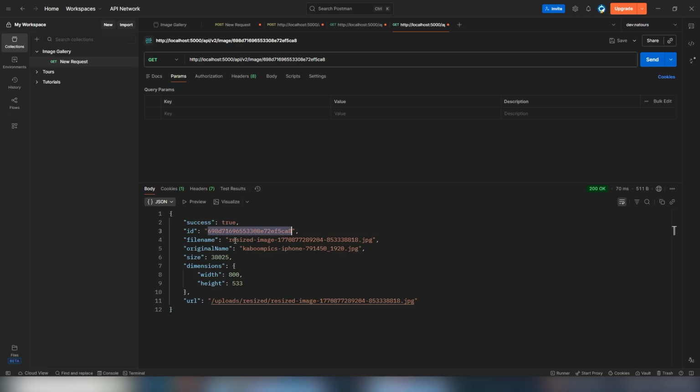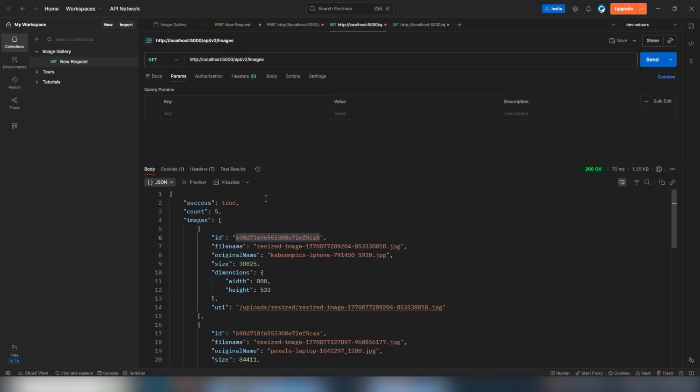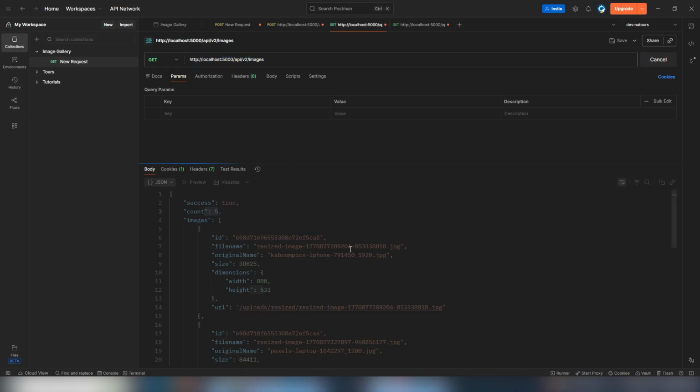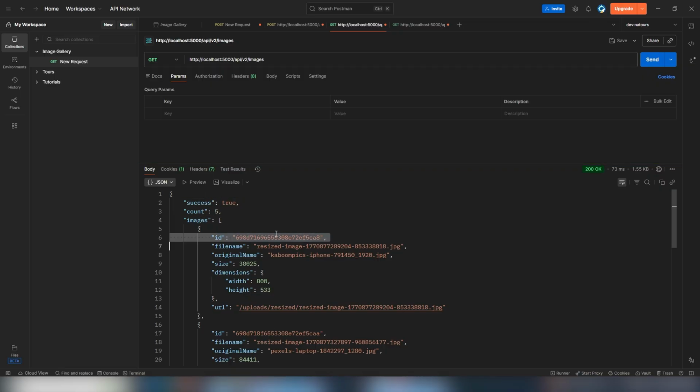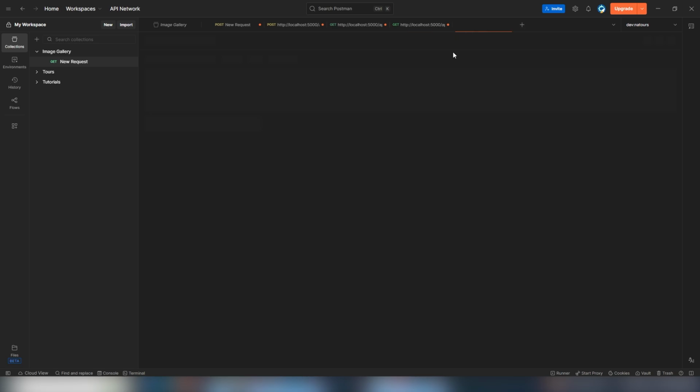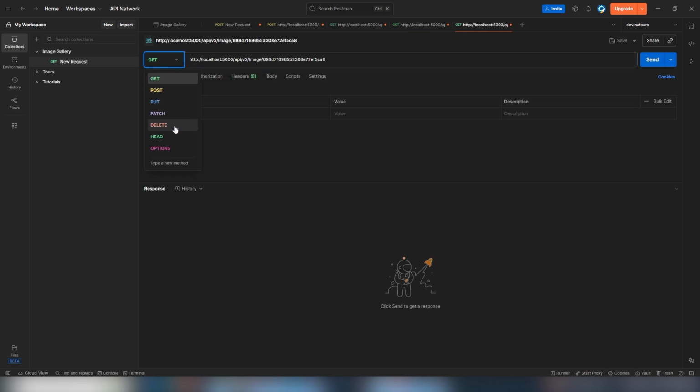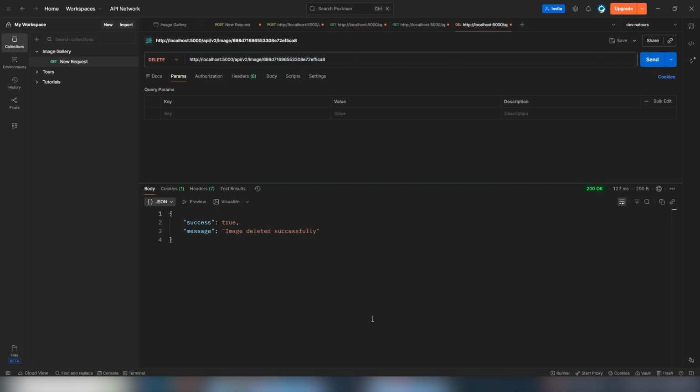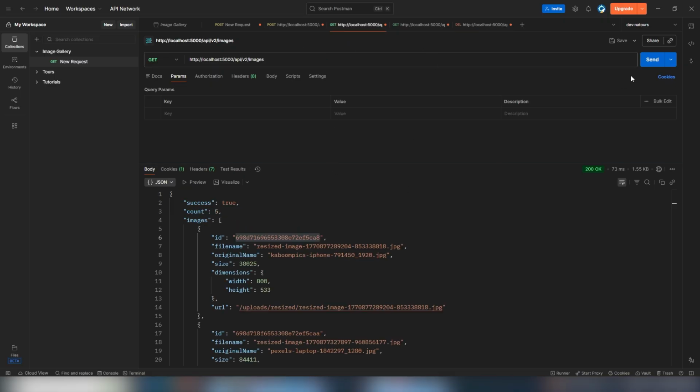So I would like to delete this one image. Before deleting the image, I have more than 5 images. I need to remove the first image. I copy this complete URL, paste it there, select the delete method. This is my ID. Let's try it. Image deleted successfully. Let's use it. I'm getting 4 images, and the particular image is also deleted from my local